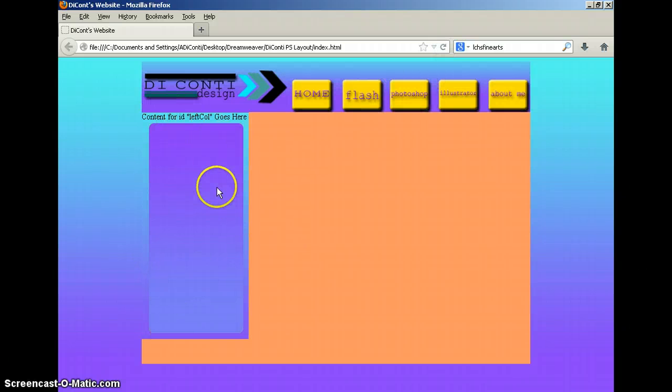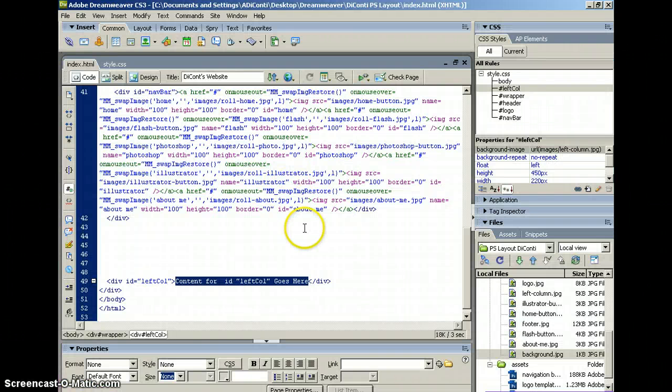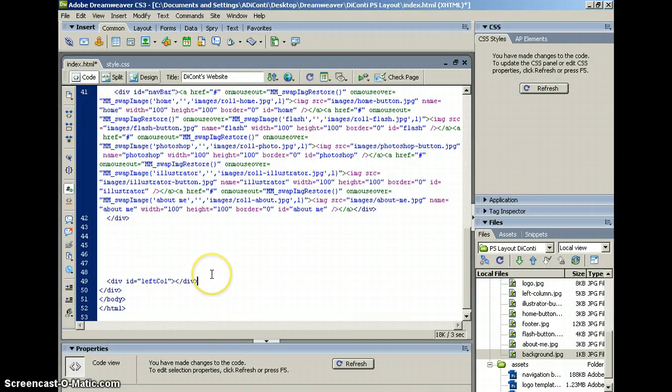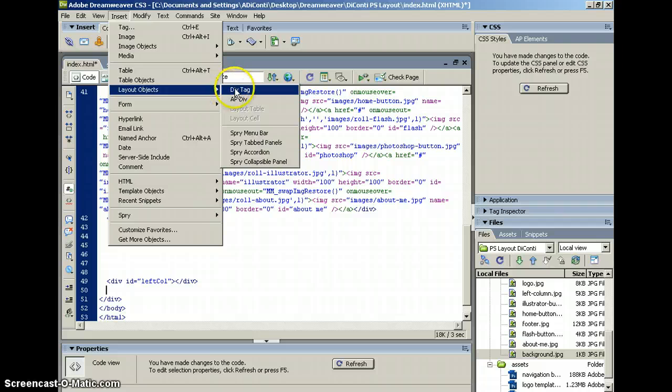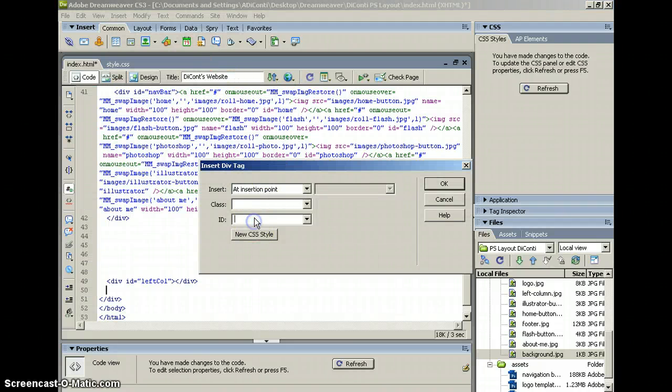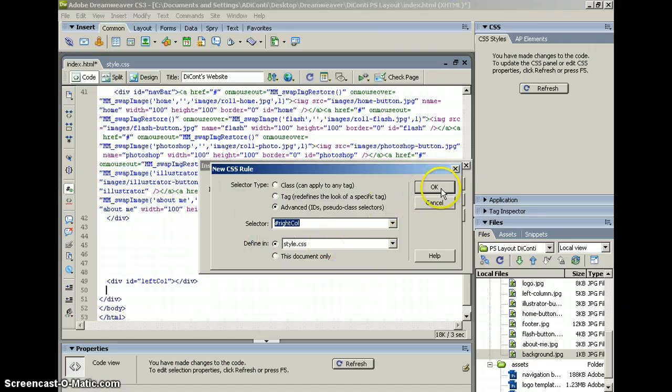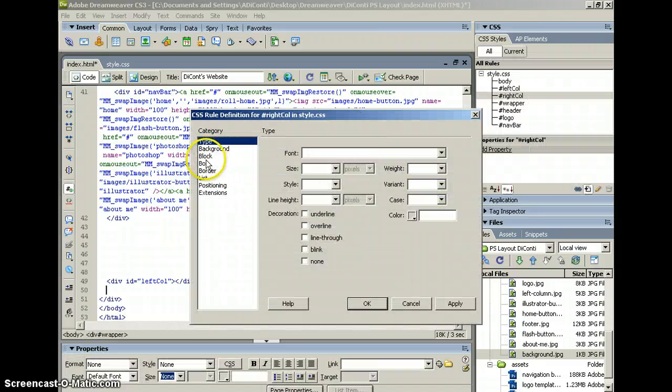All right, looking good. Now I'm going to go ahead and remove this content, this text, placeholder text they call it, and I'm just going to hit simply delete. Okay. Now I'm going to hit return. I'm going to get that cursor right after this div and insert another div tag. And this div tag is going to be called right column. Again, similar naming convention with the uppercase C. Click New CSS, click OK, and go into the